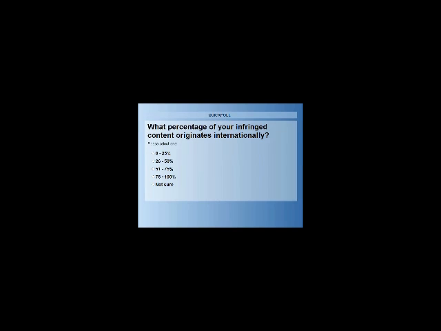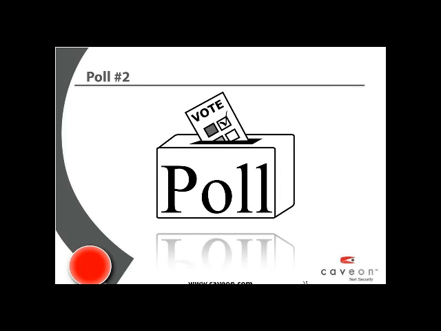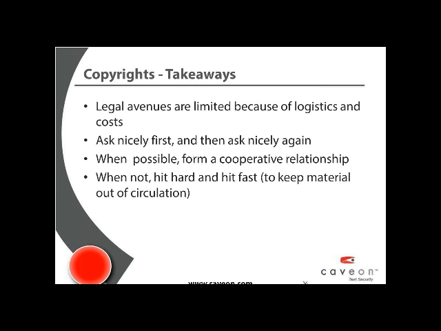Okay, we've got three-quarters done. I'm now going to share this. Most people aren't quite sure, but quite a few, about a third, indicate that as much as a quarter of the infringed content they're aware of is on international sites. It reinforces what a real challenge that is for test programs to deal with. So I'm going to hide this, and we're going to turn things back to Cary and then get into the Q&A soon.